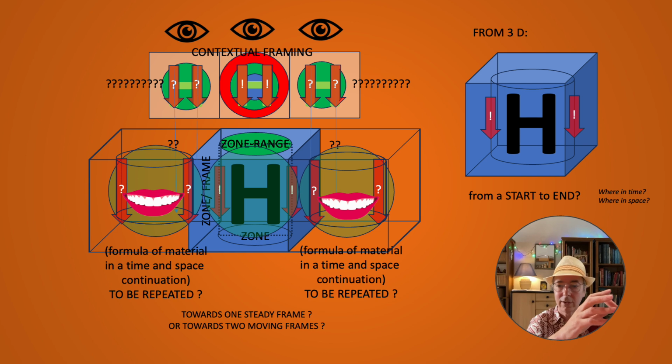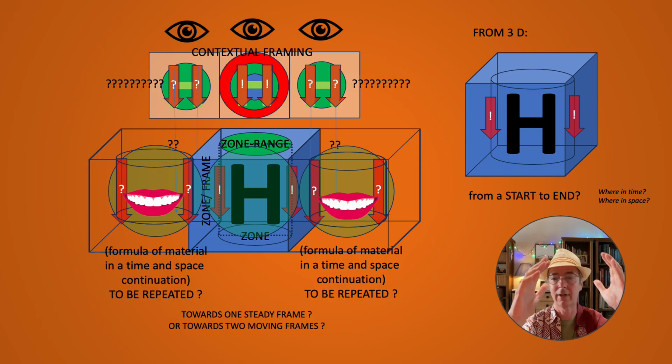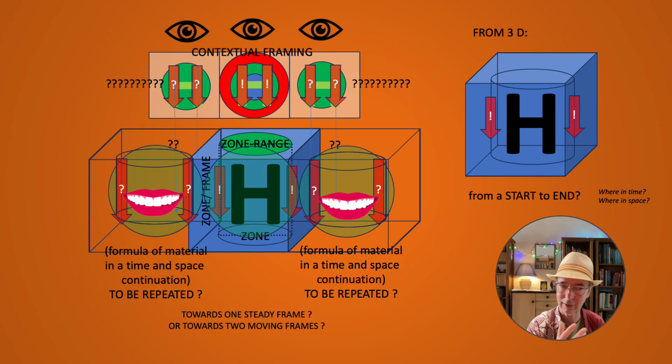It's a range within, let's say, if I compare it to three dimensions, I look at it from the third dimension downwards, and I try to see a form. This form is a little bit smaller here. It's not the full thing. It's somewhere here in the middle where all the material lies. This material is where that H will be, but it's framing.